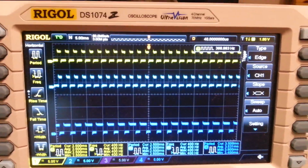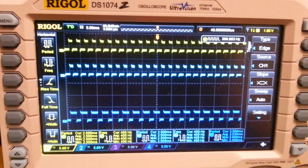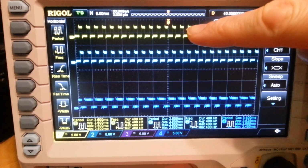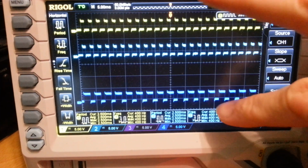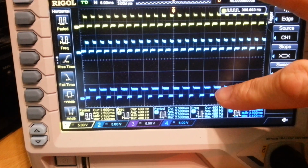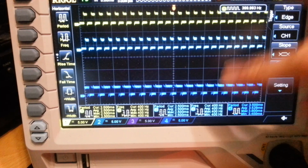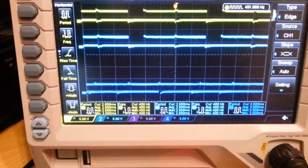Hi guys, what I want to show you today is motor output signal synchronization with the main loop. So what we're looking at here is the PWM output signals of channels 1 and 2, and the bottom one here is when the main loop starts and when the motors have been finished writing to. So if I zoom in a little bit on this